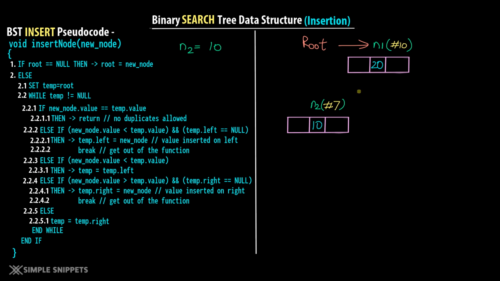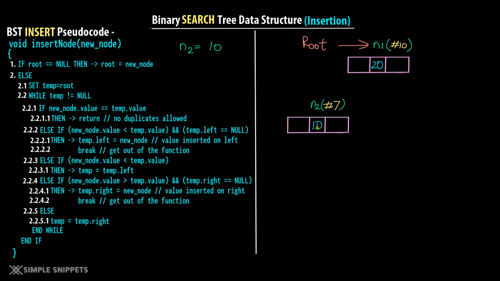Alright, now according to the binary search tree principle, we know that in a binary search tree, when you add a new node, it has to have an appropriate place in the tree. When I say appropriate place, it means that since this is the root node, when you add a new node, depending upon what the value is, it will either be attached to the left hand side or to the right hand side. And that is given by the principle that for a particular node, all the values in the left subtree should be lower than that node value, and all the values in the right subtree should be greater than that node value. So we need to compare 10 and 20.